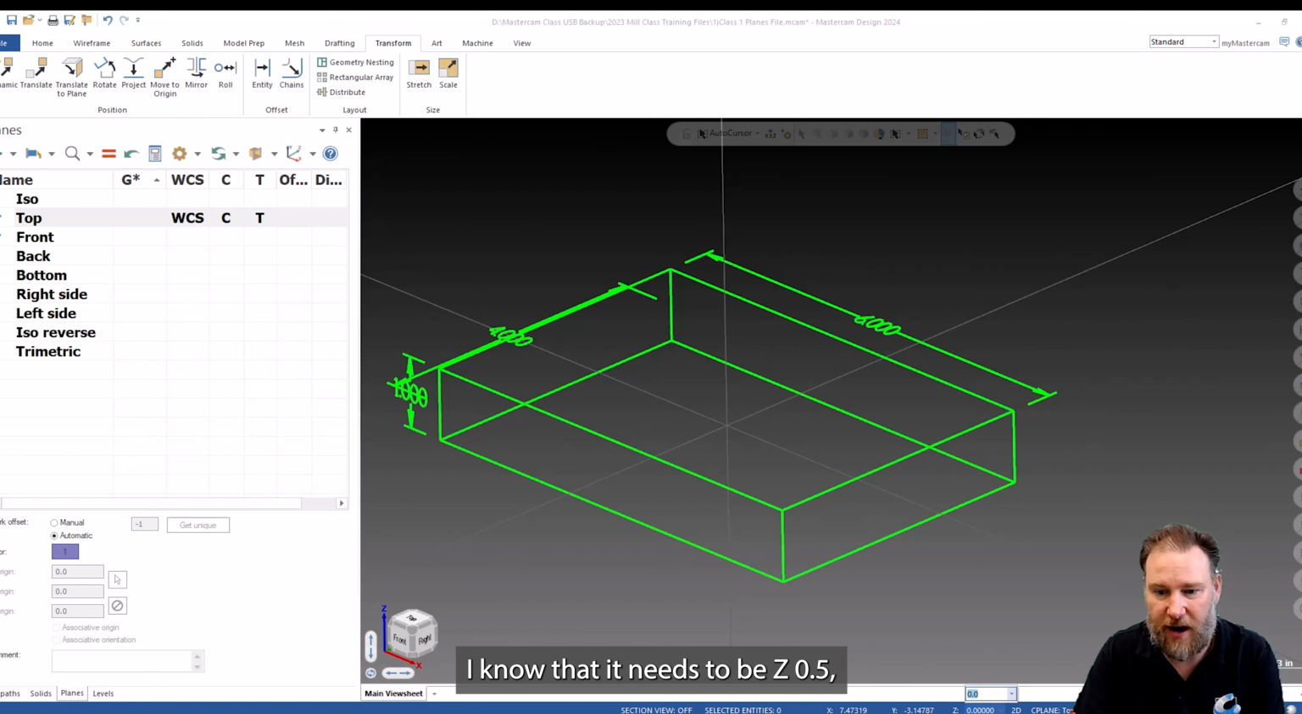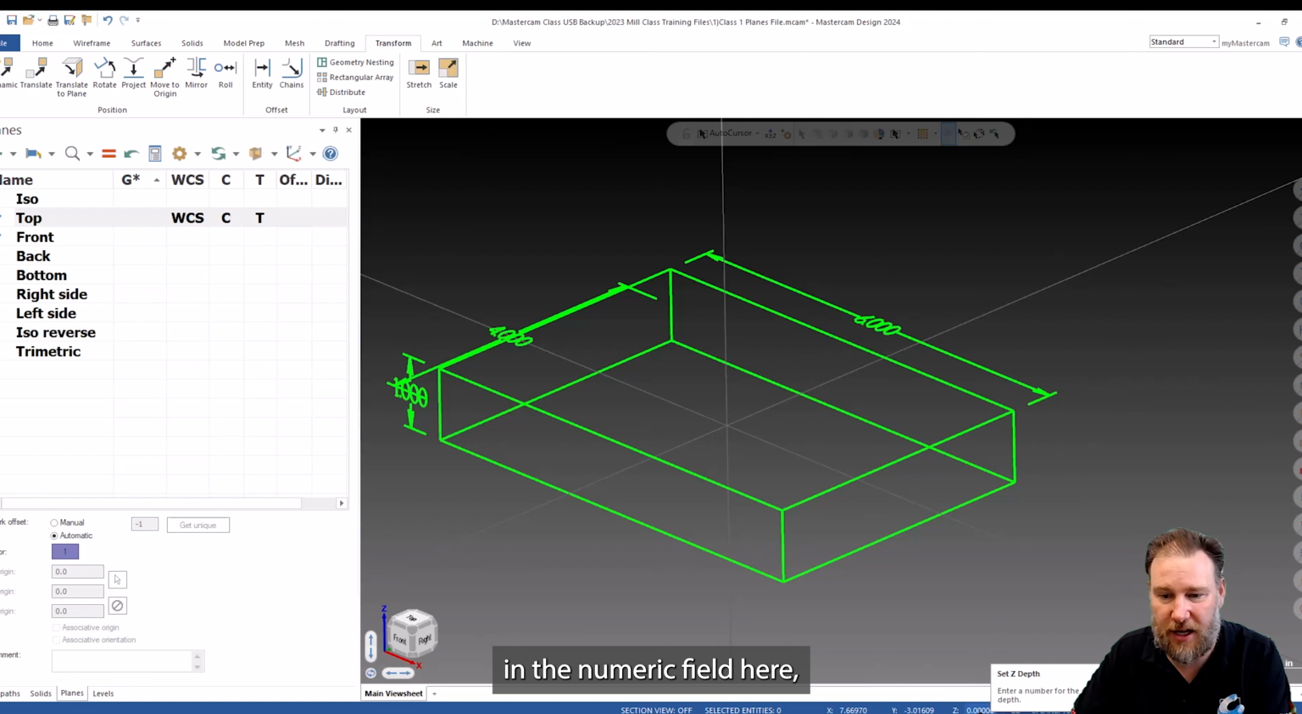Once again, what if I import a foreign file type in and I don't know the size or the Z location that it needs to be? Mastercam can help with that. What I can do is instead of clicking in the numeric field here, I can click on the actual letter Z itself. And once I do that, you can see a prompt appear that says select a point for the